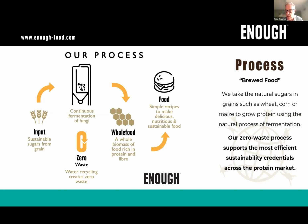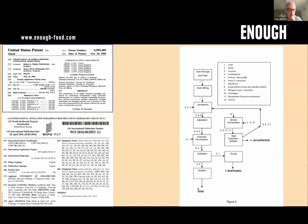And we have had support in the early stages from Zero Waste Scotland to help develop the product. As I said, the mycoprotein has been around for a while, so it's a little bit small, but top left is one of the original patents from Rank Hovis McDougall for Quorn in the 80s, and then bottom left is the patent that we filed at the University of Strathclyde in 2014. And on the right, there's a schematic showing the main process of a biorefinery with a side process of mycoprotein, combining them. So as I said, there's no process waste stream. So it's a novel process, but building on the heritage of a food product that's been around for many, many years